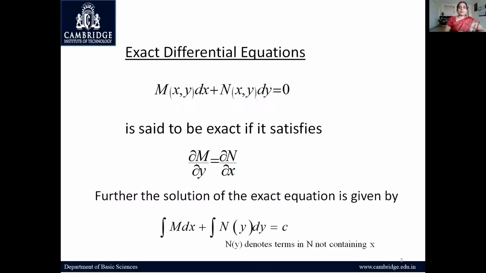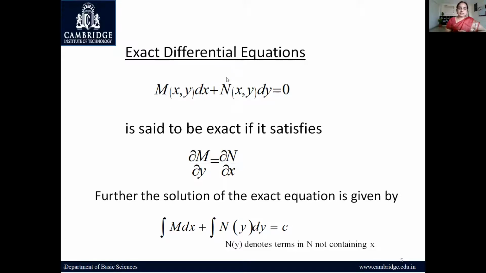So this is module 4. Now the first type of equation we have is exact differential equations, and you know that differential equations must involve the derivatives. The derivative is nothing but dy by dx. But now a special kind of equation which is arranged like this: M(x,y) dx plus N(x,y) dy equal to 0. What do you mean by M? M is a function of x and y, N is a function of x and y. A differential equation written in this form is known as an exact differential equation, provided it satisfies some condition.